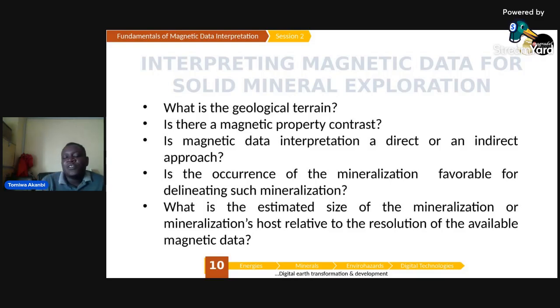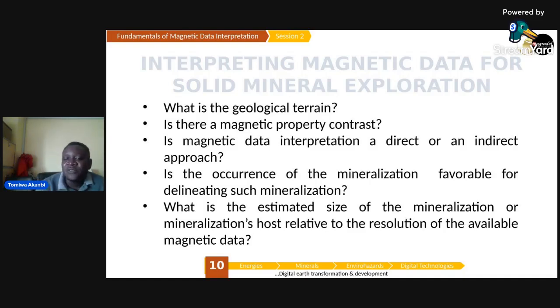the end of the day, you'll just be seeing some sort of flat signatures because your sensor is very far away from where those deep-seated crystalline rocks are. So basically, the information that you'll be gathering is just regional information. You are not having any localized variations around that place because it's a sedimentary terrain. So if you're trying to study those localized variations, and it's just a sedimentary terrain where you don't have